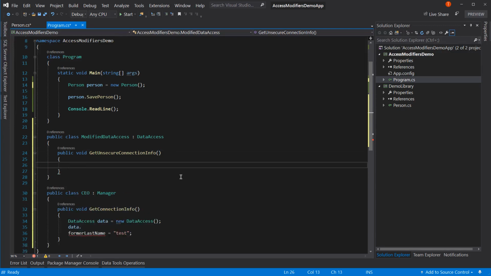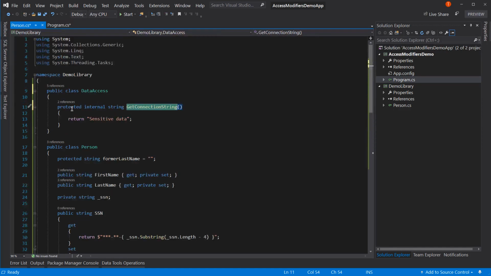Okay. And then from here, I can say get connection string. So even though I'm not in the same assembly, I can still have access to this because I'm inheriting from data access. That's what the protected internal allows. It allows for internal things to have access, and it allows for things that are inheriting from data